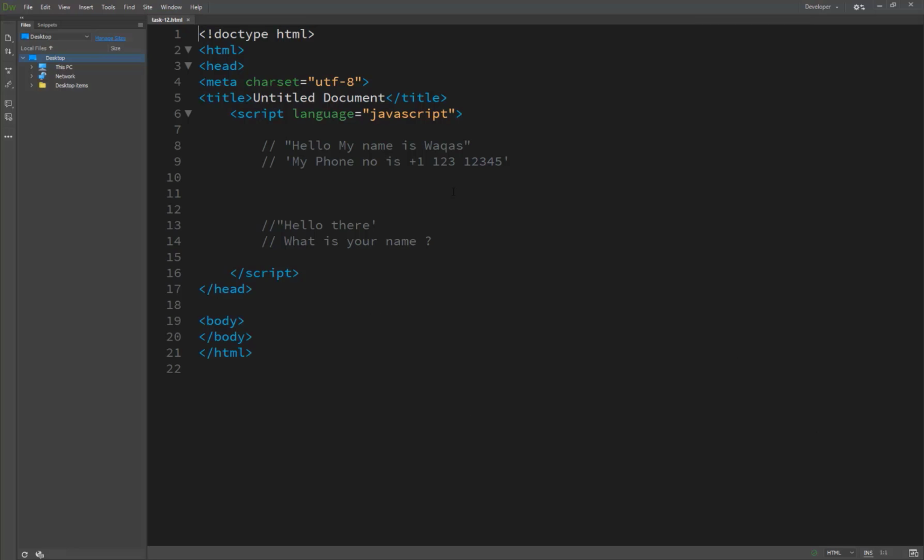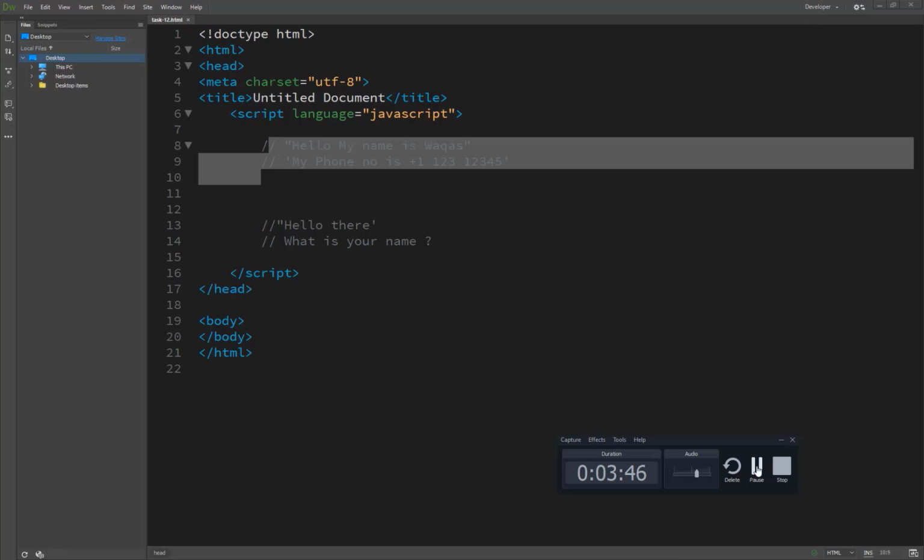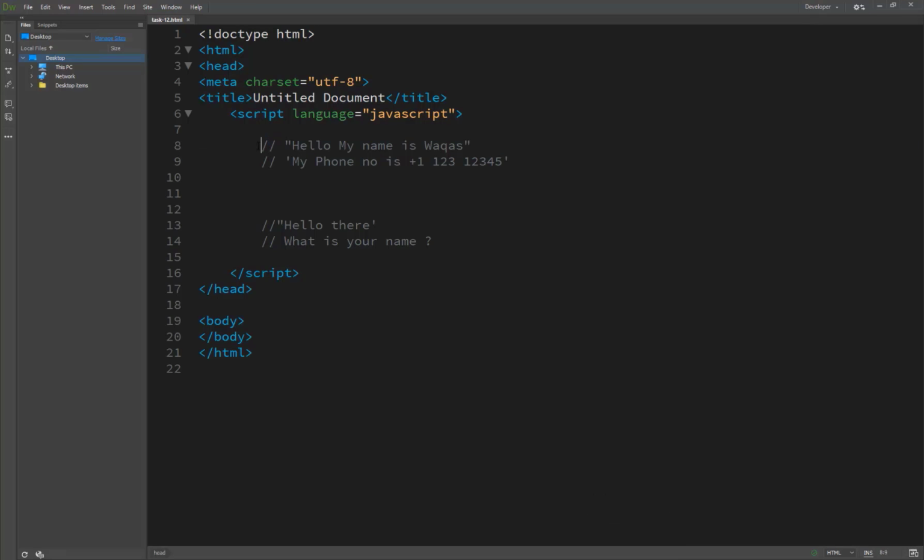So one such data type is a string. A string refers to any sequence of text. Again, any sequence of text that can contain letters, numbers, punctuation, and special characters inside. When specifying a text string in JavaScript, you need to enclose the string in single or double quotes. For instance, the following are valid strings. These both are valid strings.